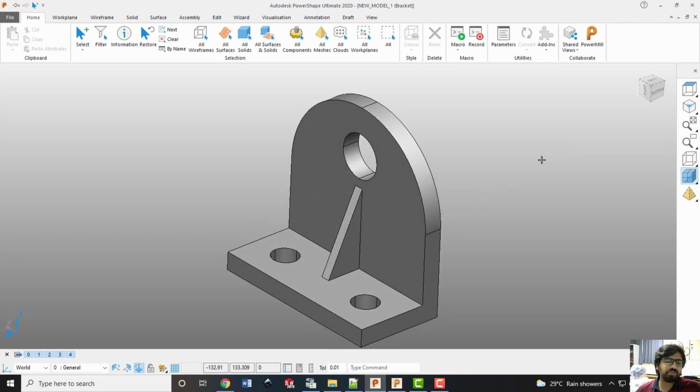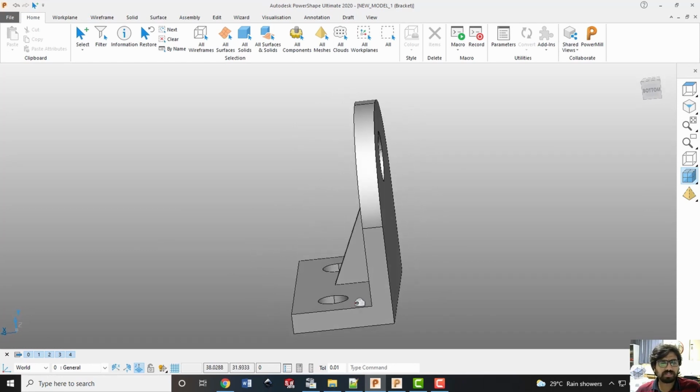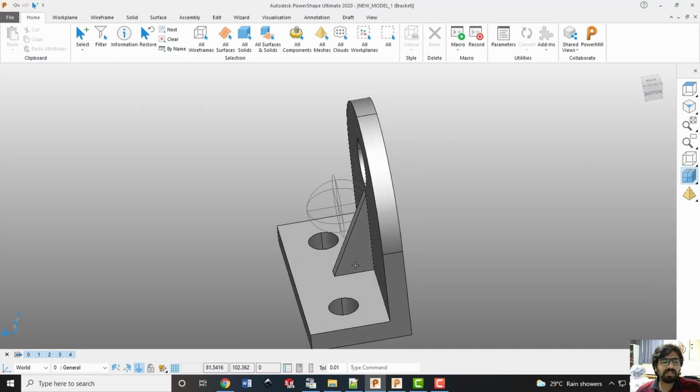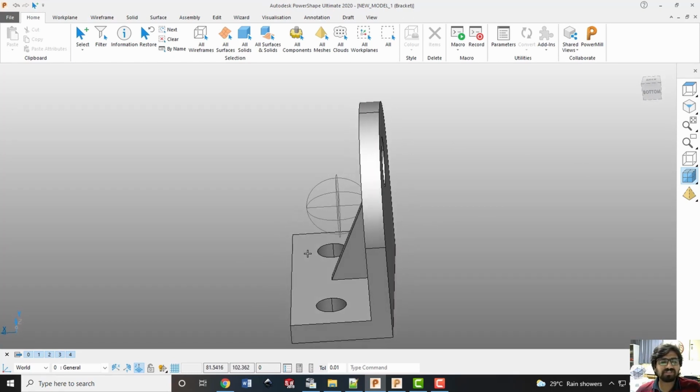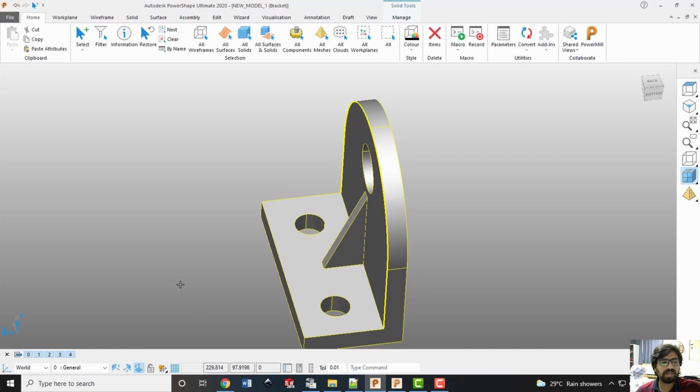So first of all, we should decide the build direction. Let me consider that we are going to build this part in this direction, as you are seeing here. Typically this direction should be along the Z axis, while it is not the case here. Therefore, I have to rotate this part first. To bring this build direction along the Z axis, I have to rotate this part by 90 degrees about the X axis.